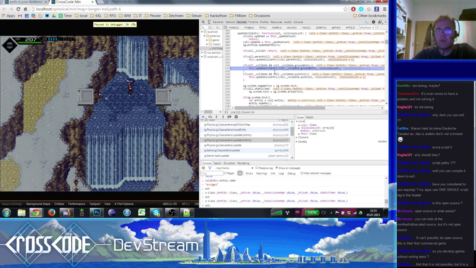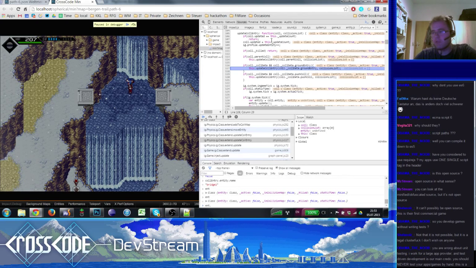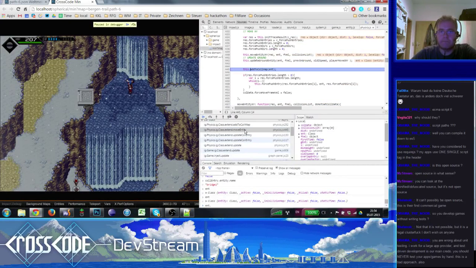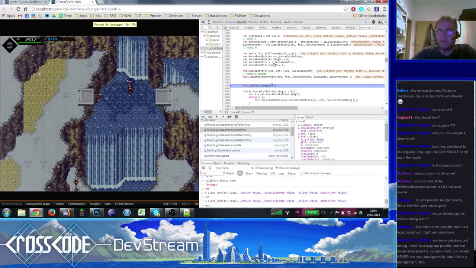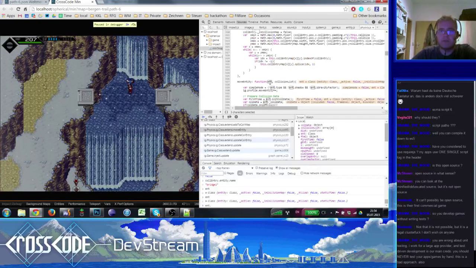So what happens is the ground entity, which is a bridge, has been removed, and then the player gets updated and it sees, oh, there's this ground entity, and it doesn't even check if it's still active or not. It just says, oh, there's this ground entity, and now I'm gonna update it to make sure it's updated correctly. And then it turns out, whoops, it's not active. And then it just gets added into the collision map again, and then the problems start. So that's actually a very simple solution for that.